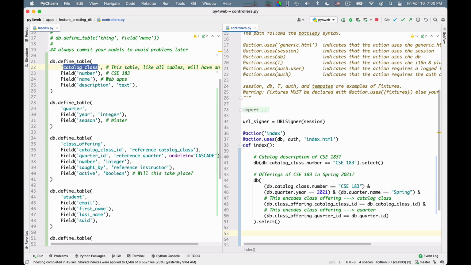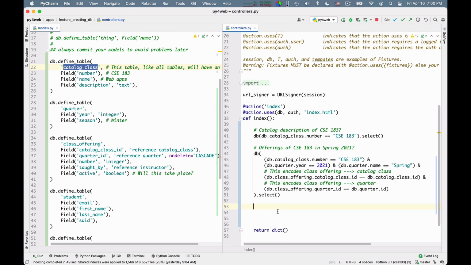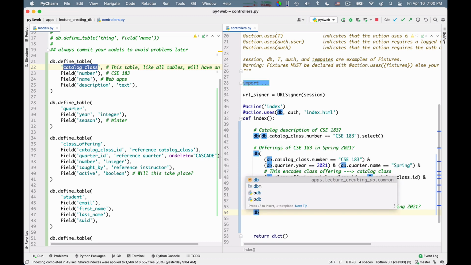Now I can do it even more complicated. I can ask who are the students on the wait list for CSE 183 Spring 2021. So this will be a query again.